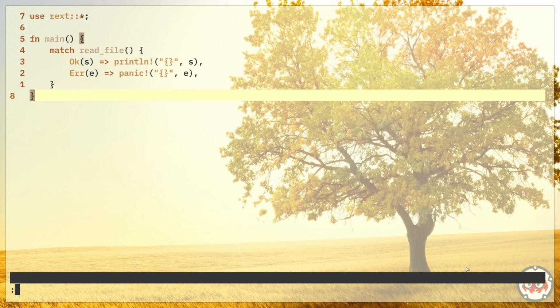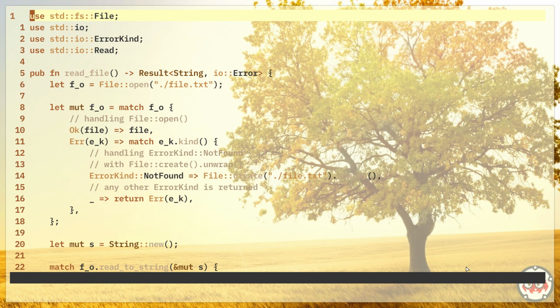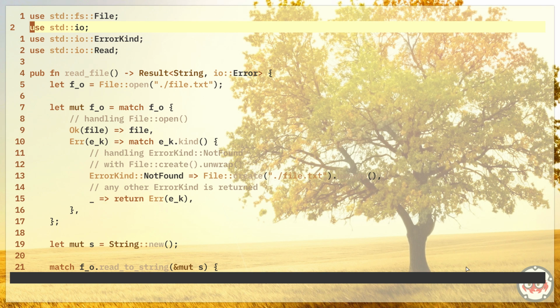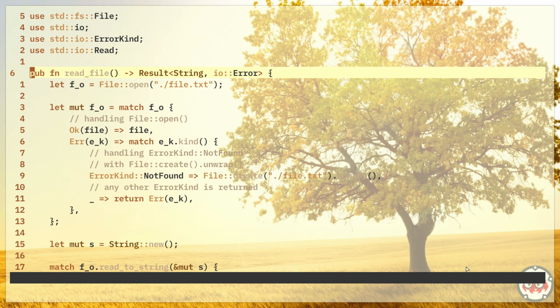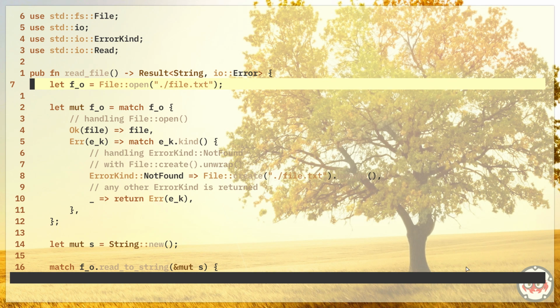Let's take a look at lib. So we've got use standard fs file, use standard IO, IO error kind, and IO read. And here's the public function, read file. So the variable is FO, which will make me think of file open. And for now, it's just going to open ./text. So since lib is in the source folder, that means that it's going to find its file